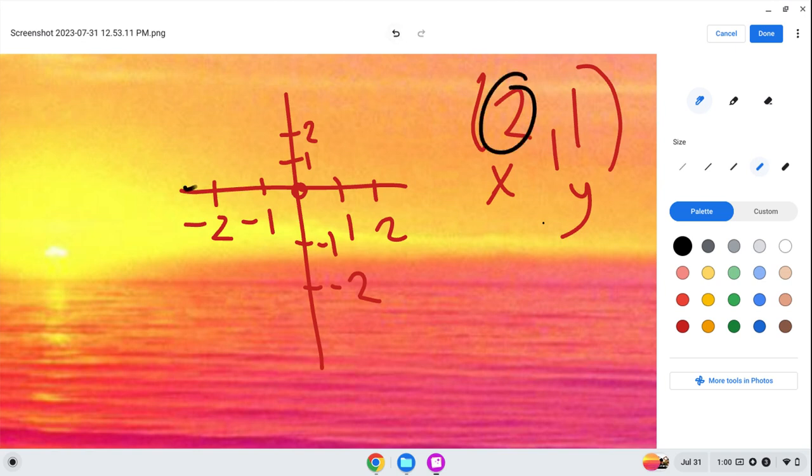Look on the x-axis. Where do you see the number 2? Because I see it right here. So just keep in mind that this is where we're at. Then look at the y value. I see 1, and so this is where we're at. Now, essentially, you can draw the dots to connect